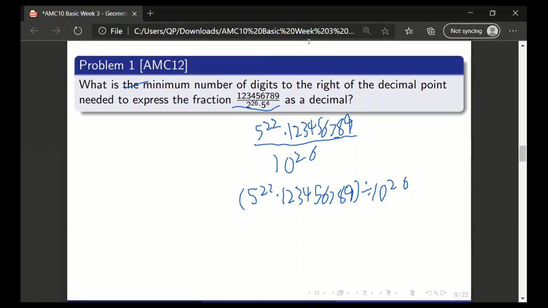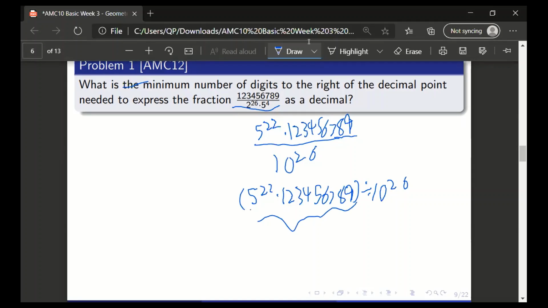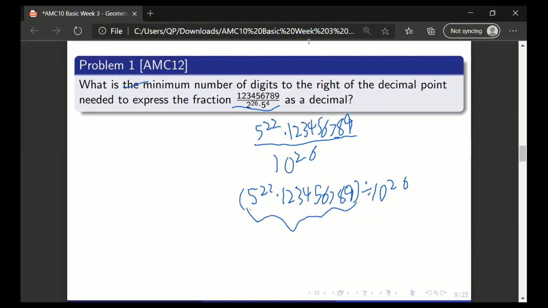And now we know that every time you divide a number by 10, all you're basically doing is moving the decimal point one space to the left. And we know that this currently has 0 digits to the right of the decimal point. So when you divide it by 10, there's 1 digit to the right of the decimal point. When you divide by 10 squared, there's